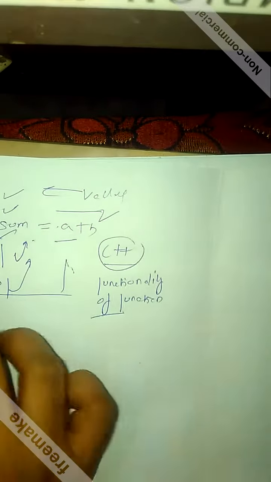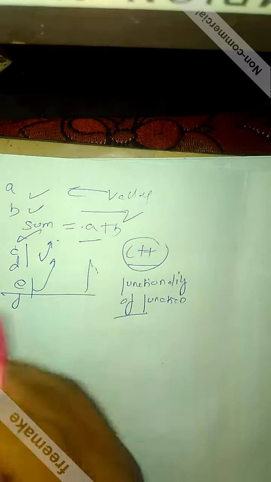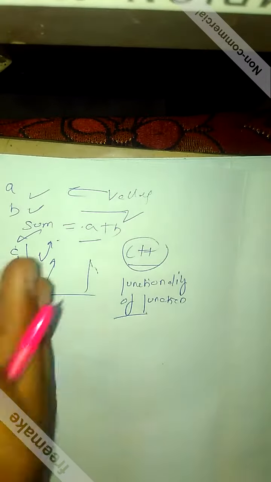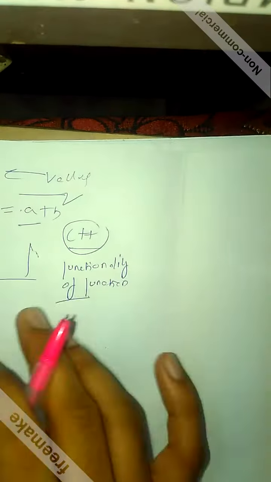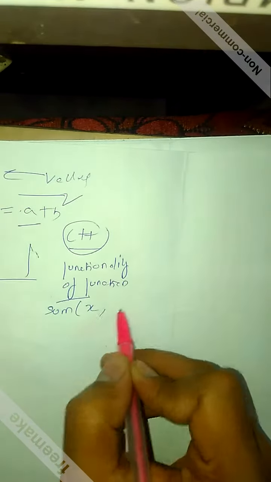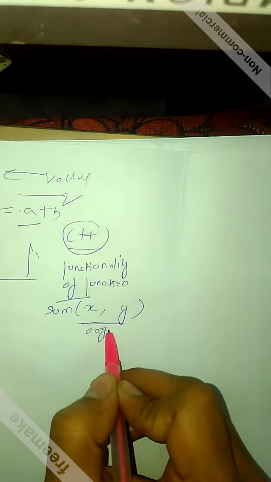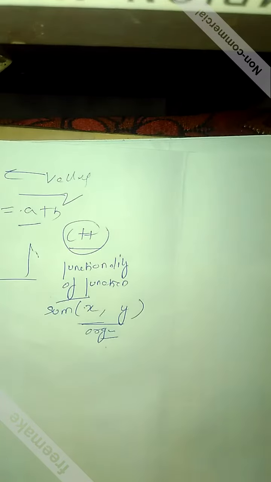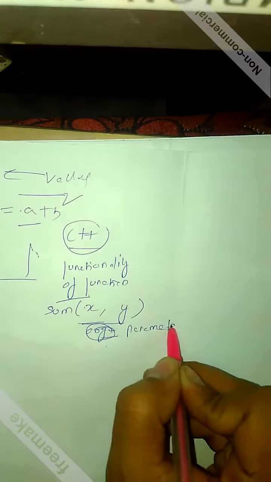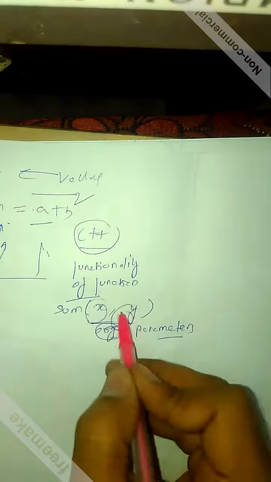So instead of doing this job again and again, or if I want to add sums, performing the primitives of summing or addition again and again, I will define a function named sum, and I will give two variables into the sum. These are called parameters. I will say sum x and y. These x and y are integers.